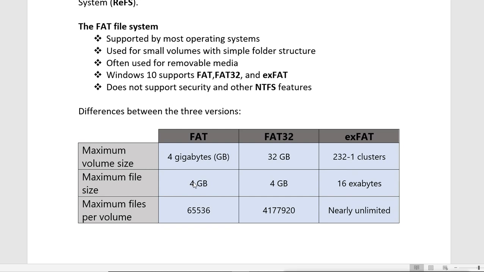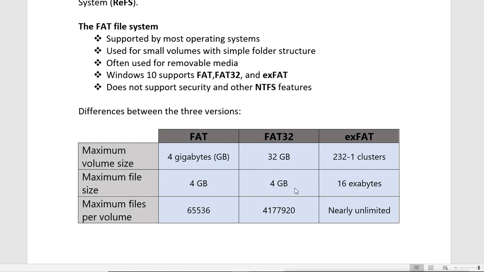Then maximum file size, that means a single file. The maximum size of one single file supported is 4 GB in FAT. 4 GB again in FAT32, but exFAT supports 16 exabytes.